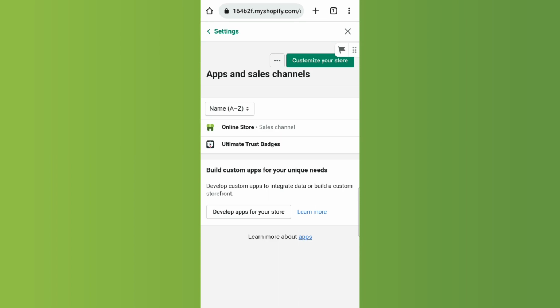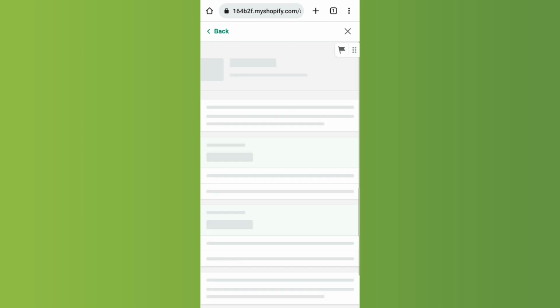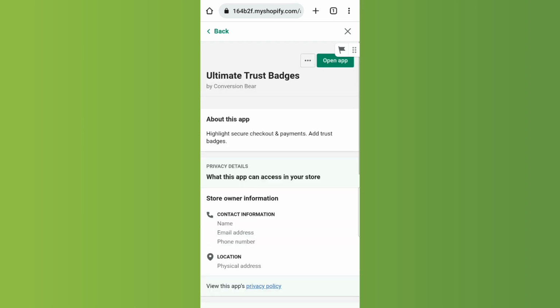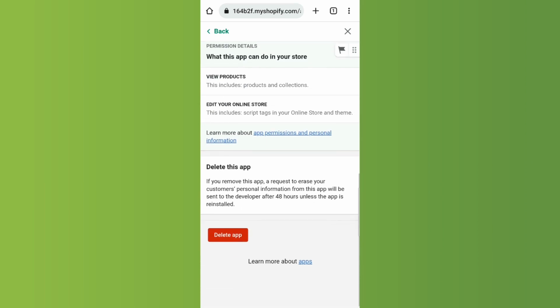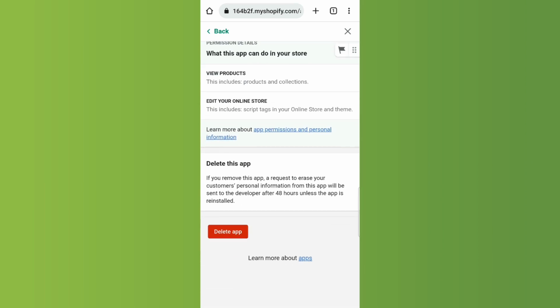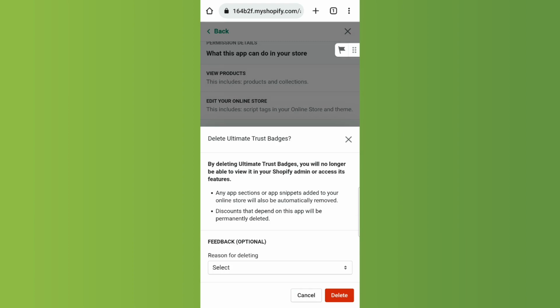In order for you to delete one of the apps, you just have to click on it and then scroll all the way down and click on the red button that says delete app. And this is a confirmation window that will appear, in which they tell you what will happen if you delete the app, and also an optional feedback where you can select a reason as to why you want to delete it. Once you are okay with it, click on delete at the bottom right and the app will be deleted